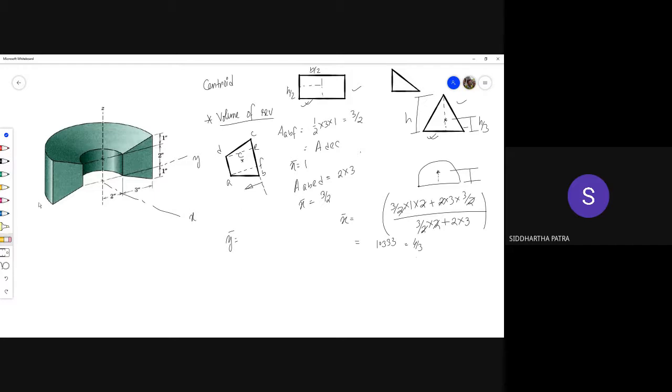So let's call this S. So this one is S bar actually. So your Y bar should be 2 plus 3, which is 5, minus 4 by 3, which is